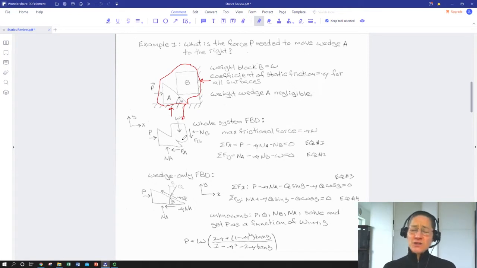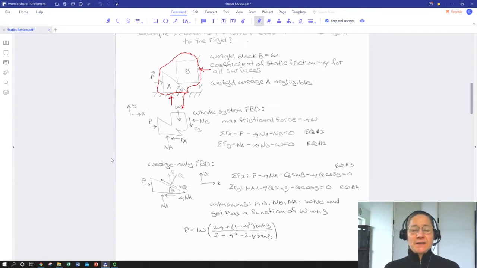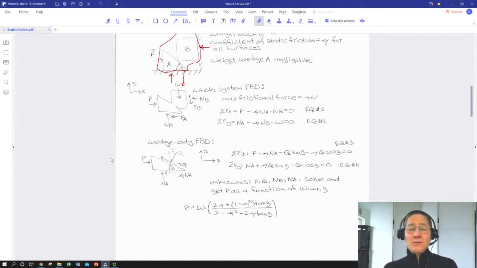We don't have any dimensions, so we can't write any expressions for moment, so we're going to hope that maybe we don't need them and we can get by with just the sum of the forces in X and Y being equal to 0. So we can do that here and write the sum of the forces in X. We have P acting to the right, and right I've defined up here as positive, and upward is positive. So we have P minus FA minus the normal force at B